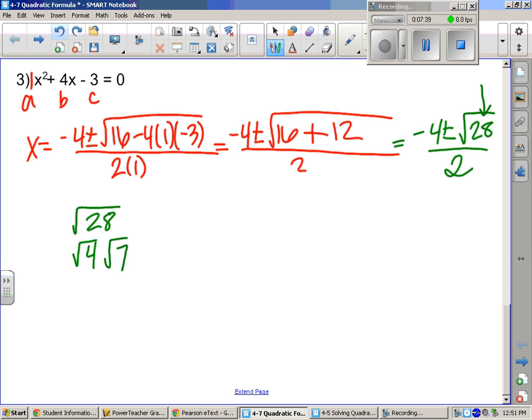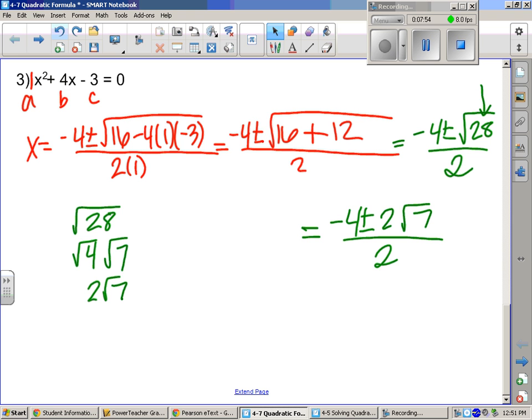Do you know the square root of 4? I do. What is it? 2. 2 root 7. So to simplify this, I'm going to leave everything else the same, and I'm going to do 2 root 7 instead of root 28. And Mrs. Kendall has a really smart trick here. What she's going to do,